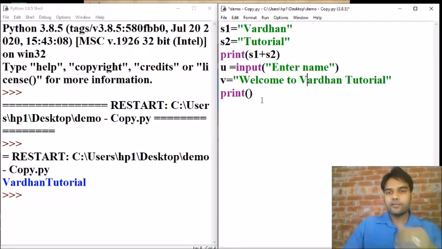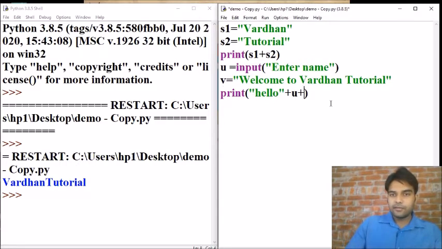Welcome to Vardhan tutorial. Now if we want to print both, then we can write u, we will write hello, and this v will be added at the end.